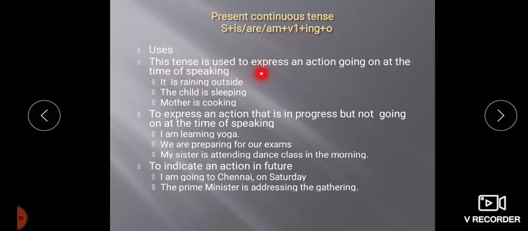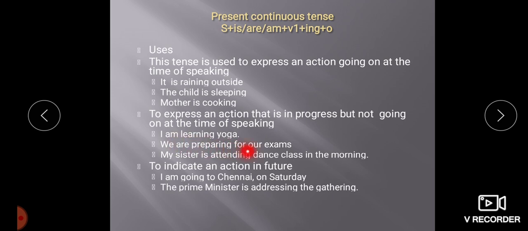Uses. This tense is used to express an action going on at the time of speaking. So whenever we are speaking, especially when we are narrating an incident, like it is raining outside, a child is sleeping, mother is cooking, etc. It is also used to express an action that is in progress but not going on at the time of speaking. Sometimes there are actions that are in progress over a period but not going on at the time of speaking,